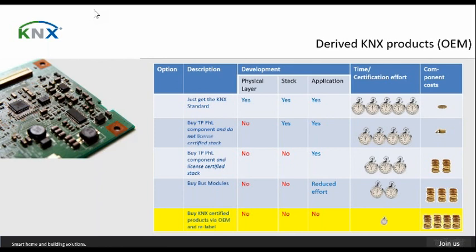On top, you can see the do-everything-yourself approach. So you can get the KNX specifications, you can develop everything from scratch yourself, physical layer, KNX stack and application, and then you need to certify all those components. In between, there are also different ways to mix and match existing components, and at the bottom, highlighted in yellow, you can see the OEM approach,